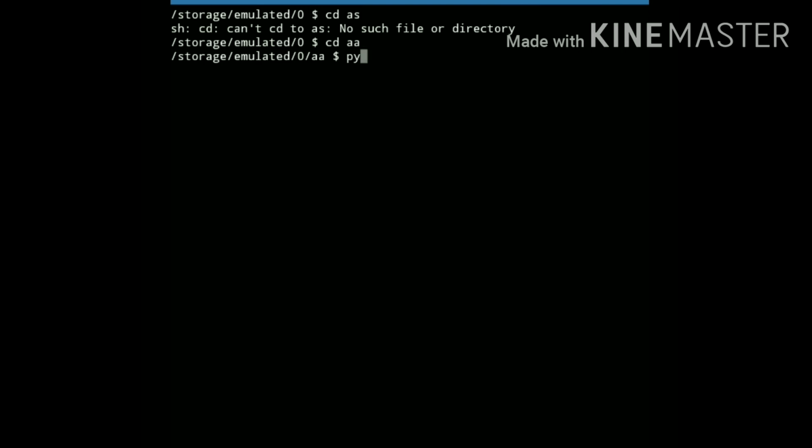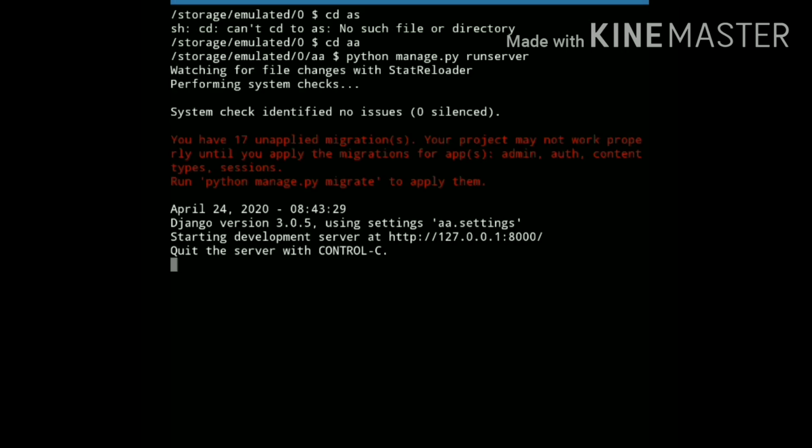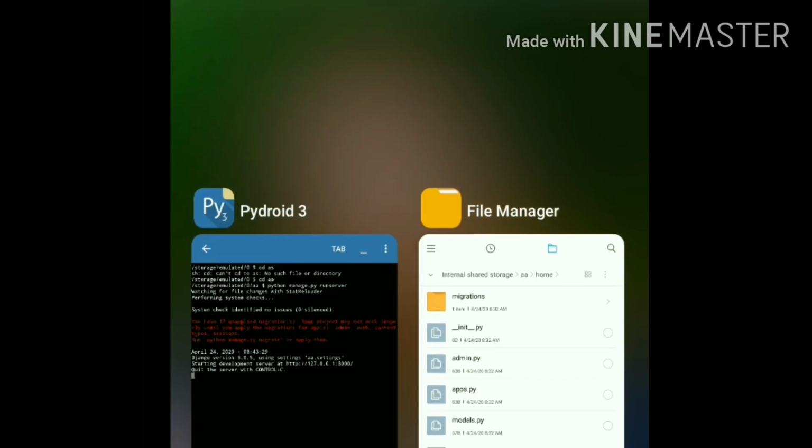Let's run the server again, and now jump on the browser and check whether it's working or not. And we got Sumit is here.